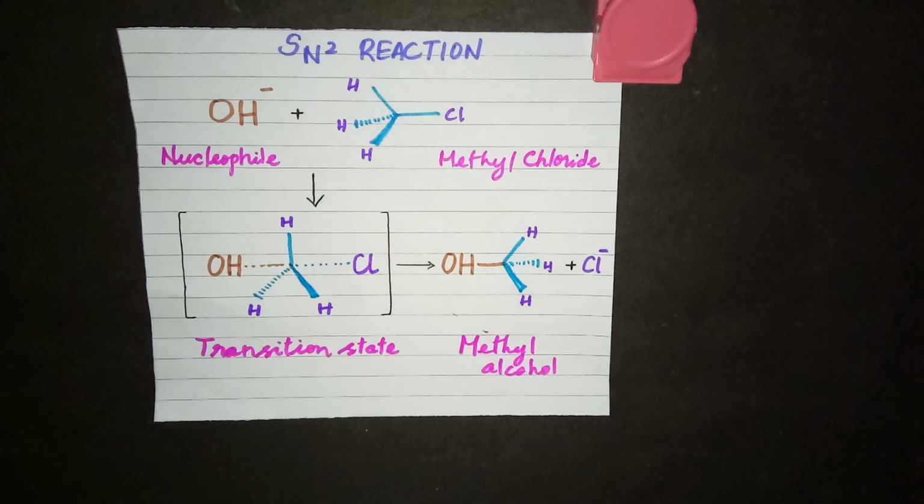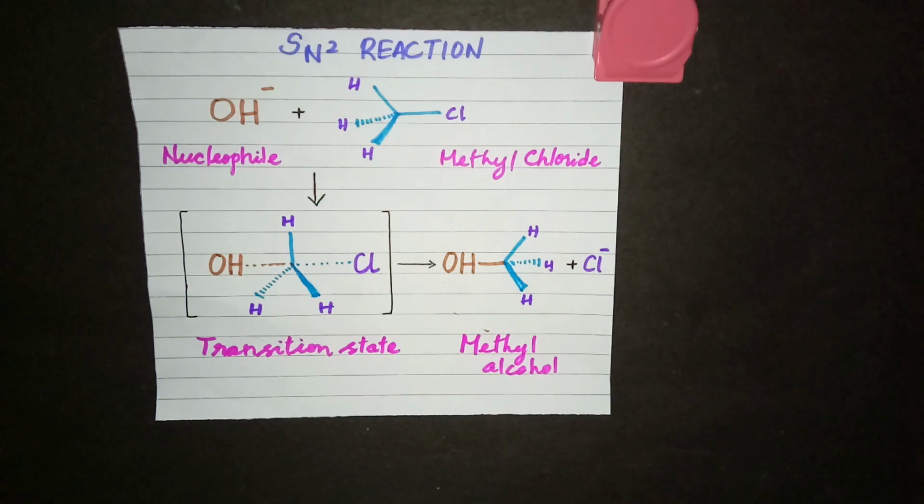When we started this lesson and classified the haloalkanes, we saw different types of haloalkanes. For example, primary halide, secondary halide and tertiary halide. So what will be the reactivity order? Which will react faster in this SN2 mechanism? That's what we are going to see now.